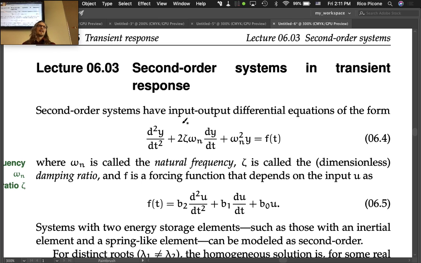We're going to see an example that will actually be Monday that we'll do the example for this. And then recall that at the beginning of this chapter, when we introduced it, we said that higher order systems just look like first and second order systems for the most part, their responses,